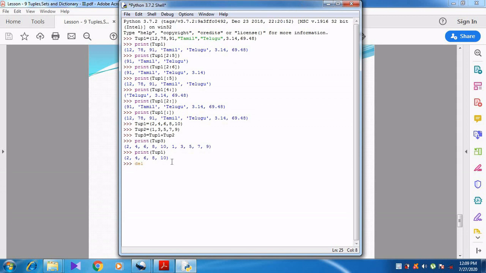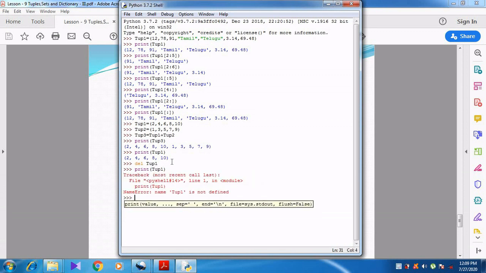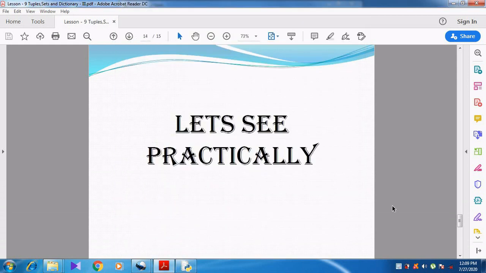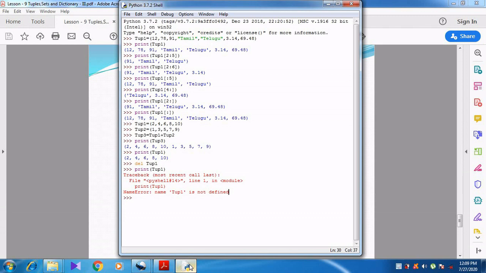Now I am going to use the command del tuple 1. Now it deletes all the elements in tuple 1. Now if I use the print statement and try to see what is stored in tuple 1, what does it show? It shows an error. Can you understand, students, in a practical manner?